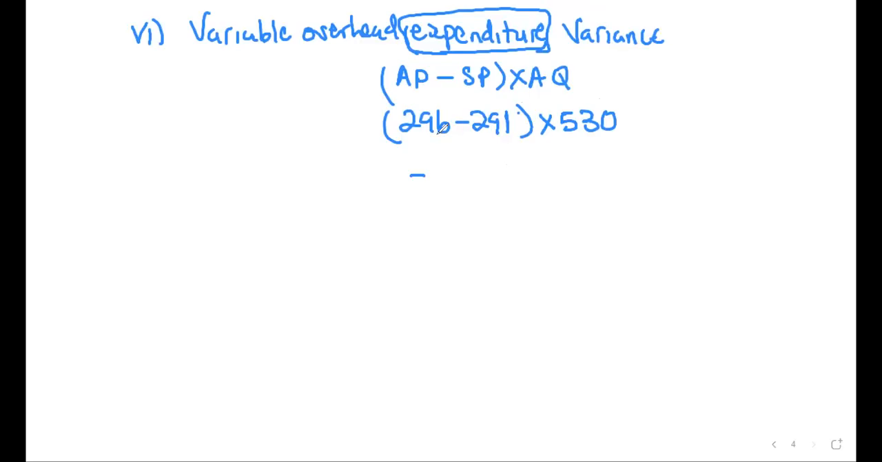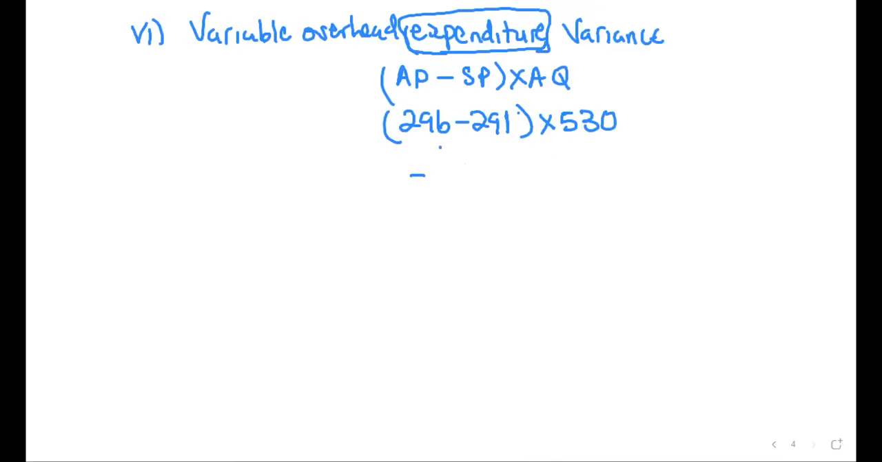Can I ask, do we use 530 or the 51,380? Why don't we use the 51,380 as the actual quantity? Okay, she's asking why we are not using the